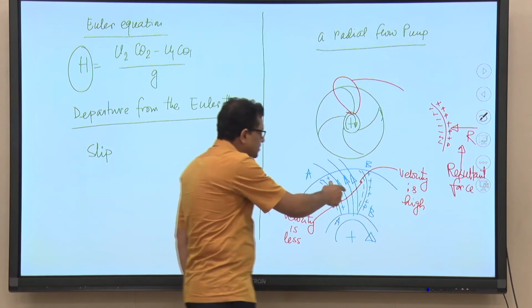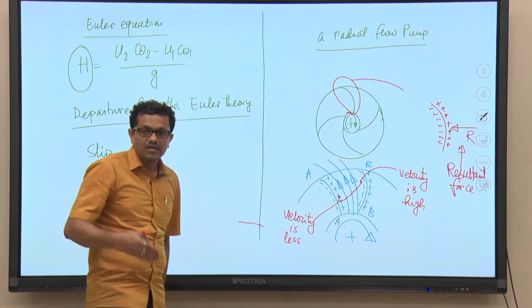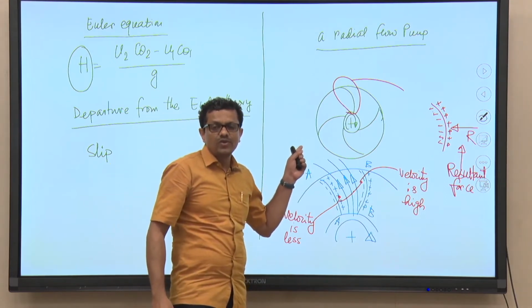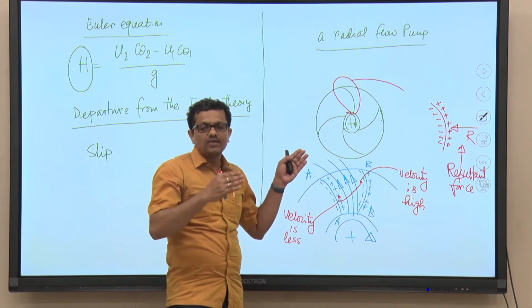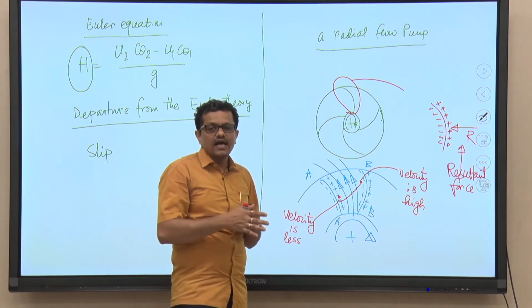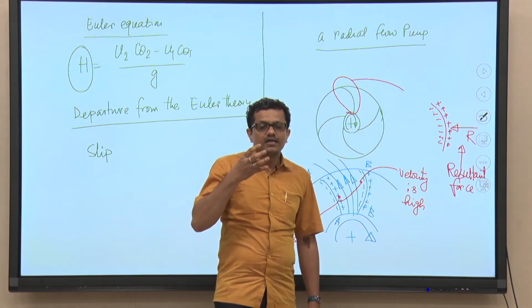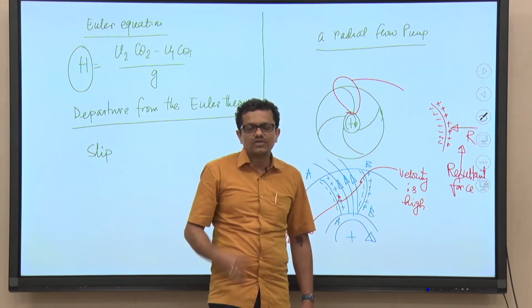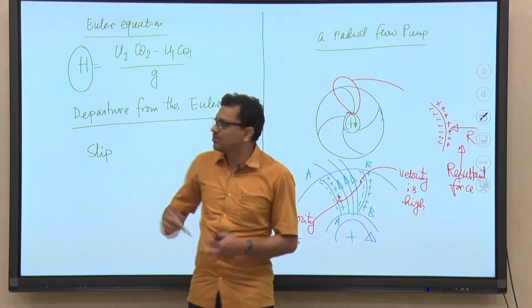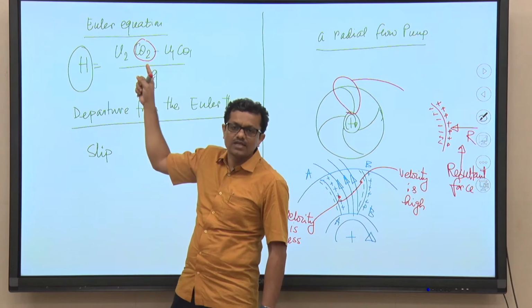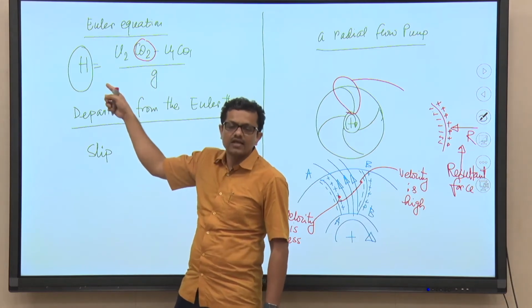This non-uniform velocity distribution is responsible for the mean flow direction leaving the pump impeller at the outlet to be changed from one angle to the other angle, and not only that, this effect will eventually result in a diminished component of whirl velocity, which is very important in the context of pump operation. The whirl component of velocity, that is the component of absolute velocity in the tangential direction, is very important in the context of pump operation